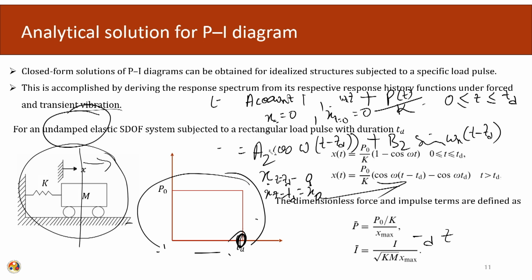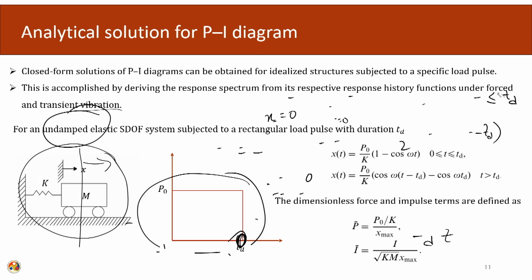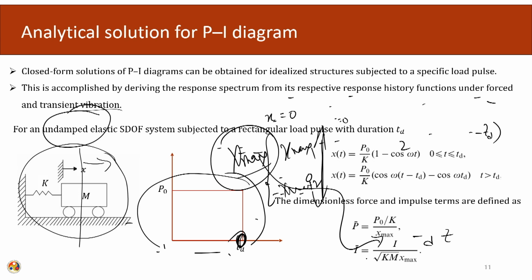So, this will give us a total response of the system under the dynamic loading, and then we can differentiate it, and we can calculate the x max 1 and x max 2, and then we can calculate the absolute x max. So, from here we take the absolute x max, and we can construct our pressure and impulse diagram from here. So, just by solving the equivalent single degree of freedom system, we can calculate our responses.